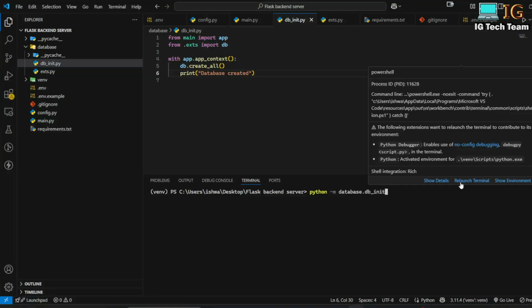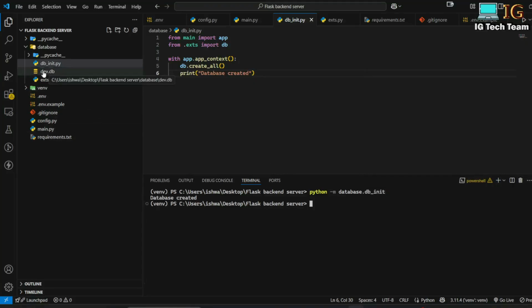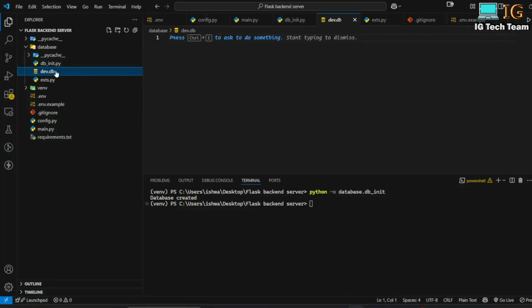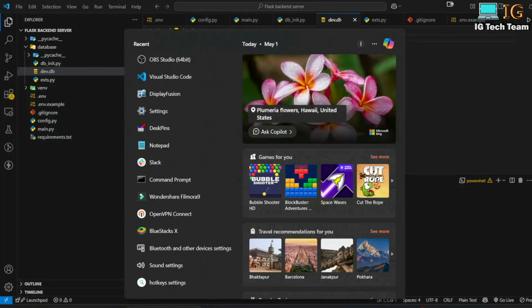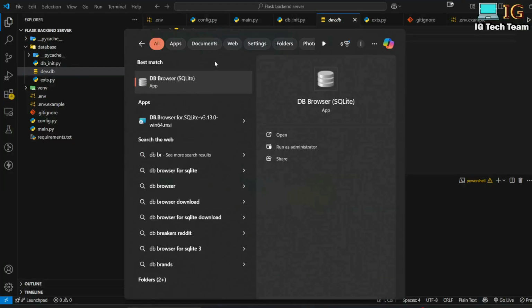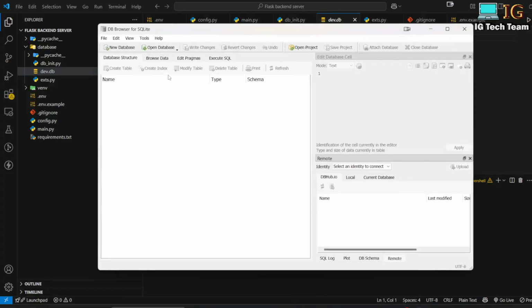And now if I click enter, see, database created, and you can clearly see my dev.db is created. And I can also open this dev.db. I have to download some editor. I have already installed this DB Browser SQLite editor. If I open this, it is not mandatory but it will be helpful, I will be able to see